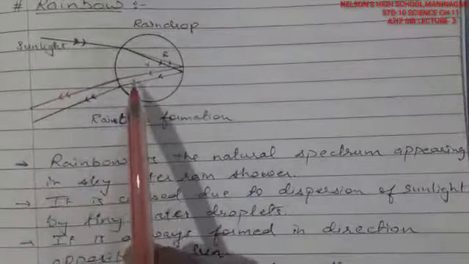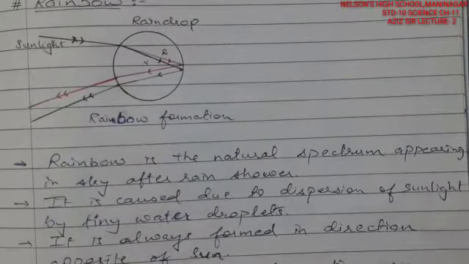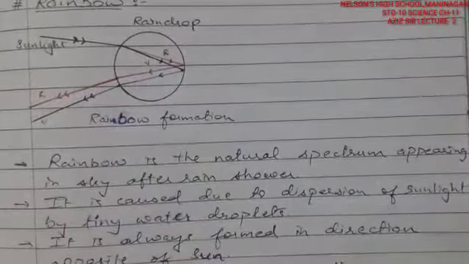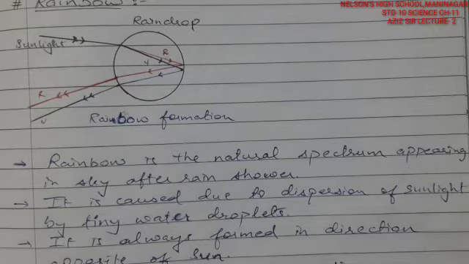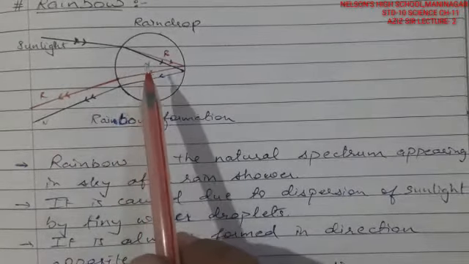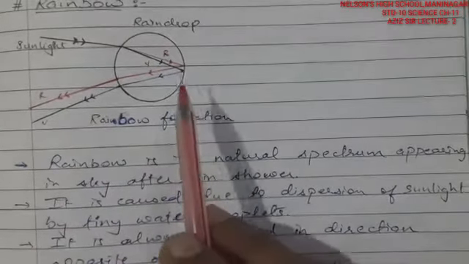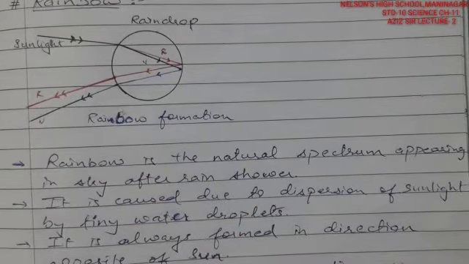So again it gets refracted. It comes out, gets deviated, and you can see the clear, distinct colors from red to violet, the different colors of light forming a spectrum, coming back towards the air. Here it enters the water from air, and the second time it comes from water to air. So two times refraction happens and one time total internal reflection. So this is how the rainbow is formed. I hope you have understood. Thank you for this particular lecture.